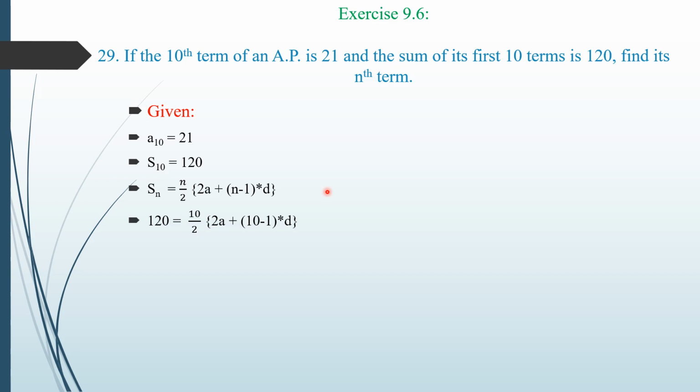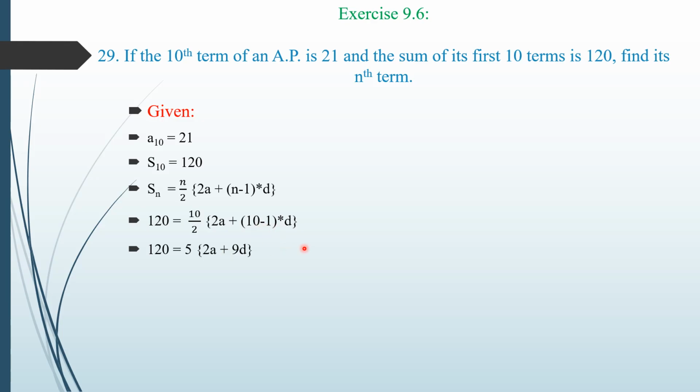Substituting all the available values in this equation, that is 120 is equal to, in place of n I'll substitute 10 and 2a I'll keep as it is. In place of n again I'll substitute 10 here, and d I'll keep it as it is. When I simplify this further, 120 is equal to 10 by 2 is 5. 2a I'll keep as it is, plus as it is, then 10 minus 1 is nothing but 9 into d